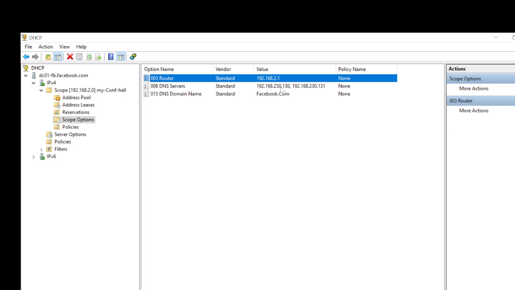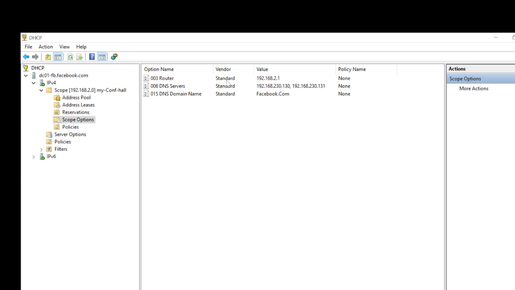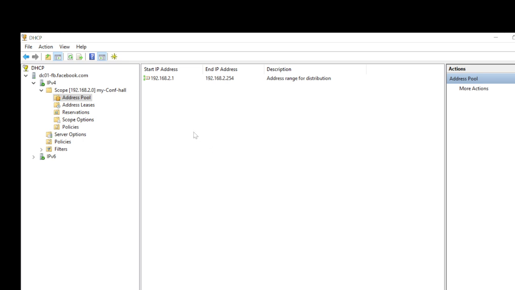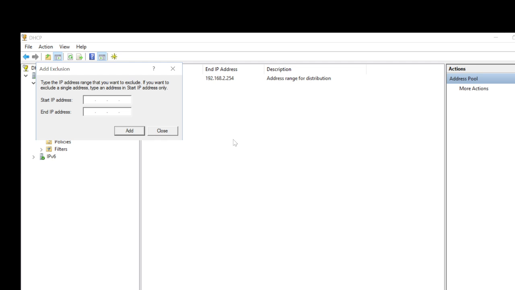That is why we have to make sure always that the router IP address and the server IP address are static and not set to be dynamic. That is why whenever we build a server, we will manually go to the network interface card and add the IP address. So now, how can I overcome this? What I will do, I will exclude some distribution range. Right click here and you can say new exclusion range. You can mention like